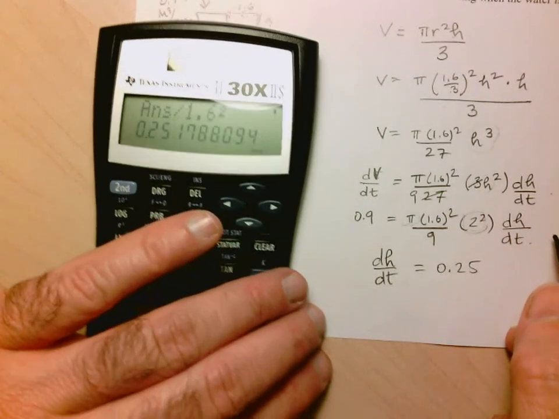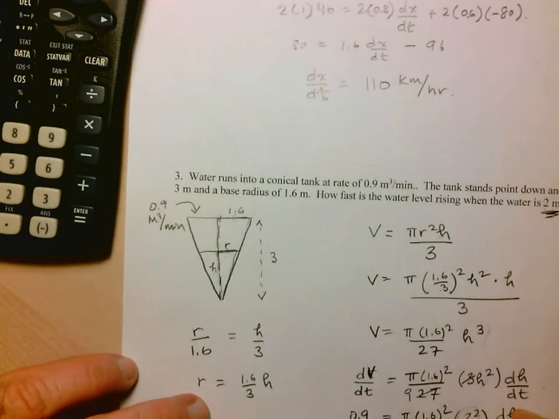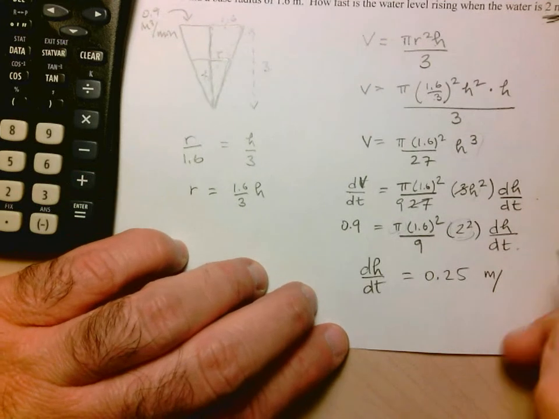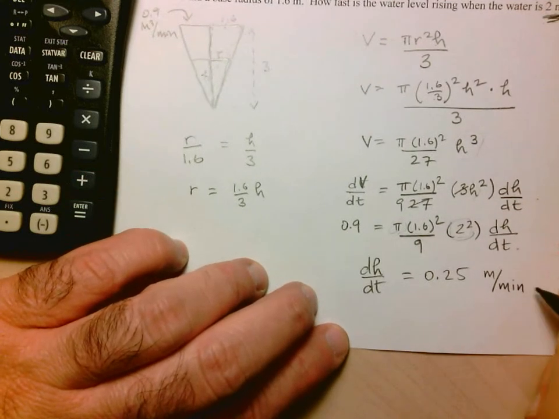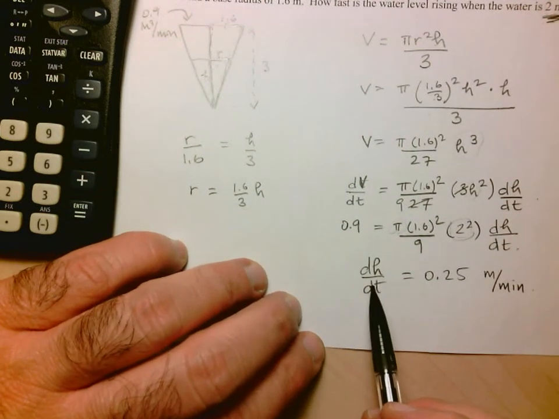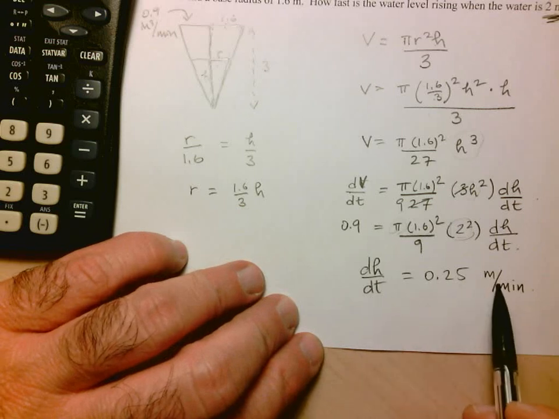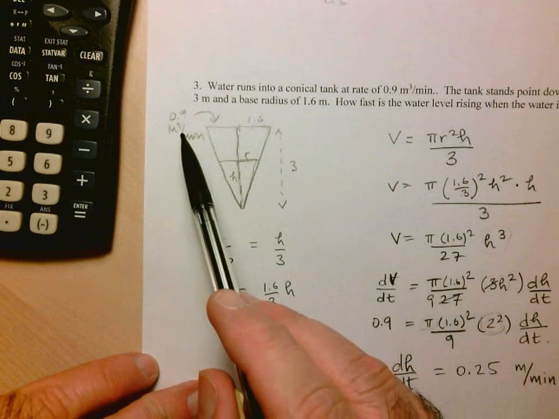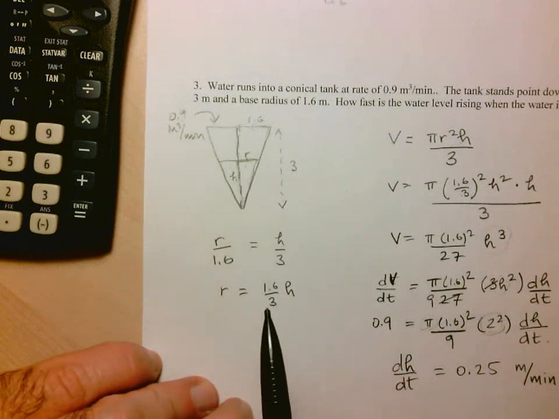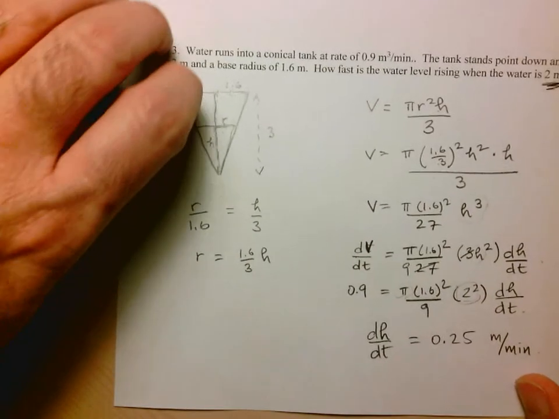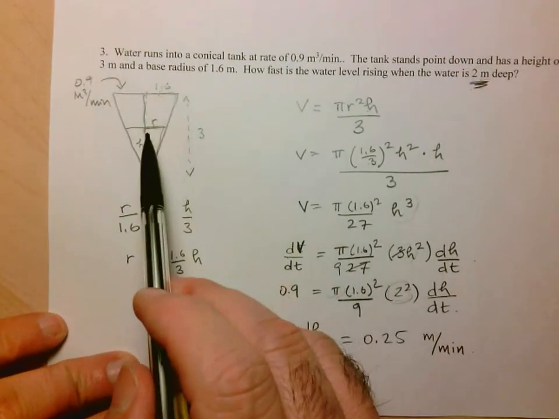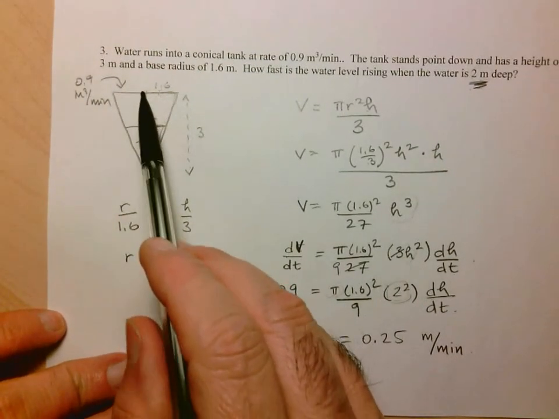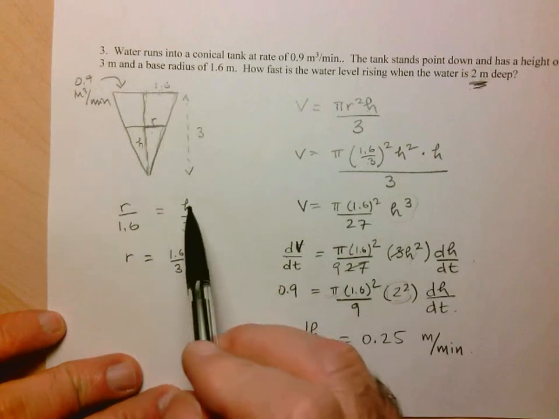What are our units here? Well, the height was given in meters, and the time value was given in minutes. So the height is increasing at a rate of 0.25 meters per minute as the volume is increasing at a rate of 0.9 meters cubed per minute. Again, just to recap, setting up the diagram was very important, because we needed to notice how we could use similar triangles to write one variable in terms